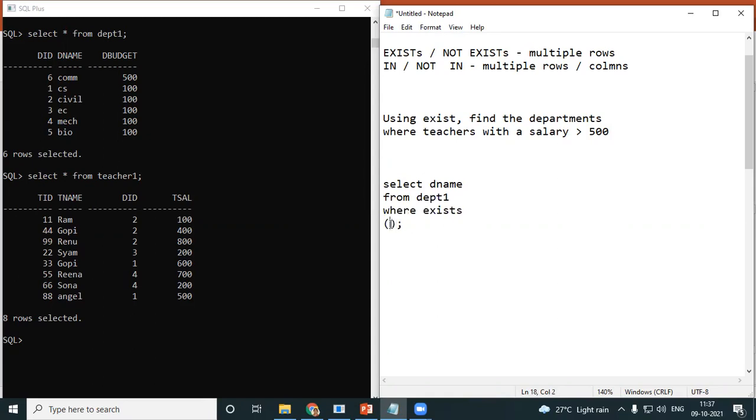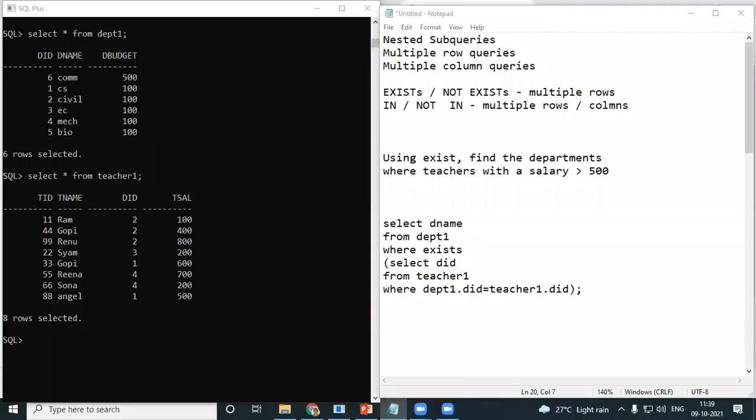Now, which is my common field? DID. Select DID from which table? From the teacher one table, where I put in my condition, my connection. What is it? DEPT1 dot DID is equal to teacher one dot DID. Okay, so with